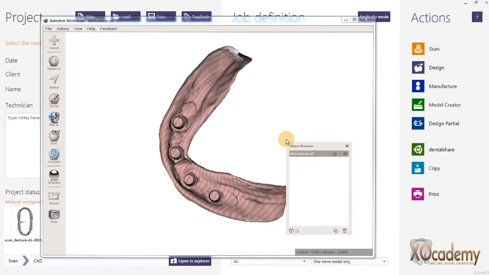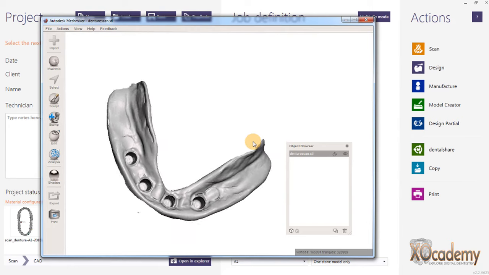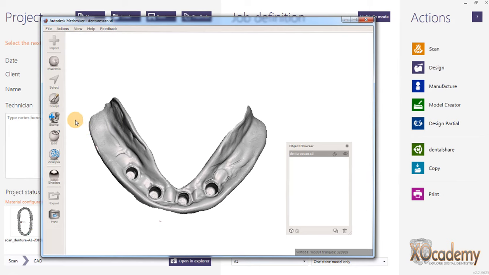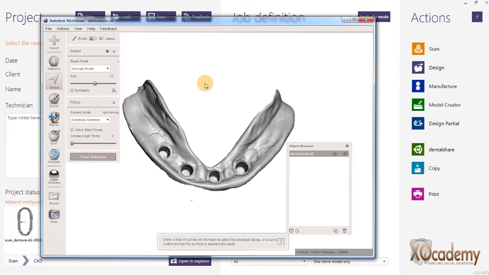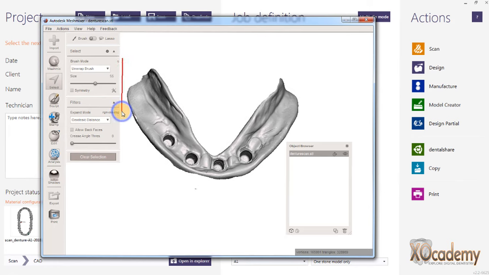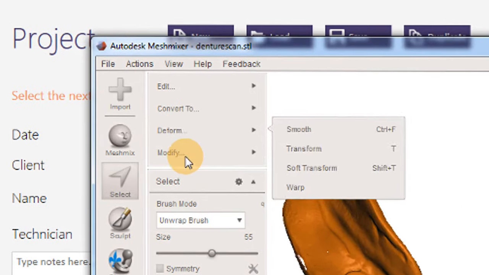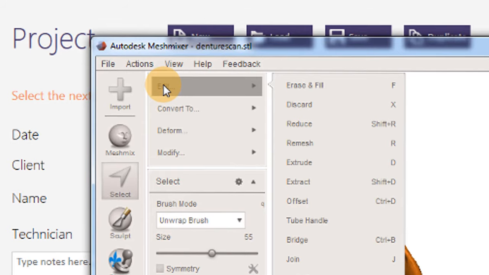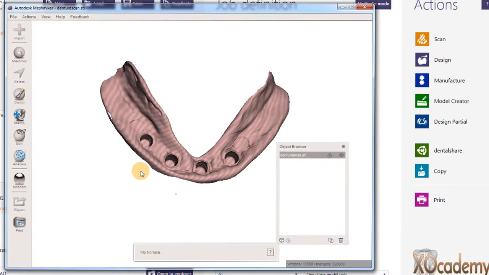In order to do that, we're going to highlight all of the mesh. So I'm going to do that by clicking select, and highlighting or doing a lasso around the entire mesh, so the entire thing is selected. And now I go into my edit menu, and at the very bottom, second from the bottom, flip normals. You can see